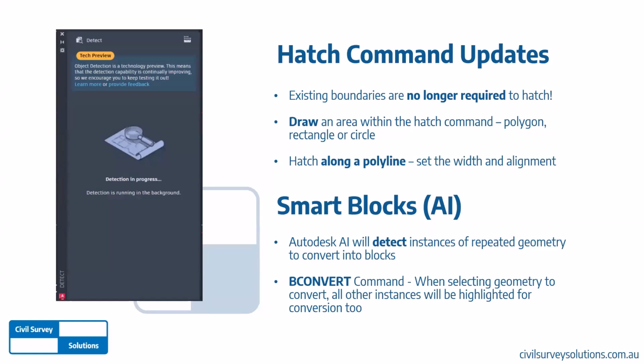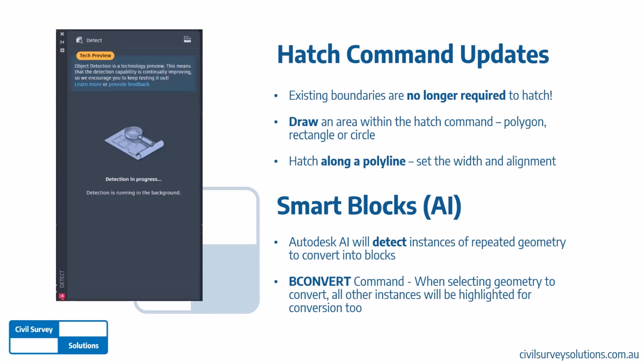So the next thing we're going to talk about is smart blocks. And there's two new changes here. The first is the detect tool, and this uses AI to detect wherever in your drawing there may be repeated shapes that could be converted into blocks. The next command is the bconvert command, which